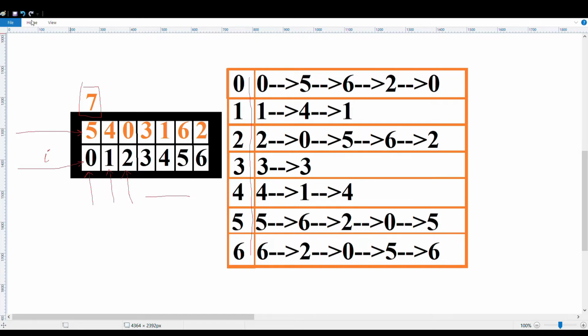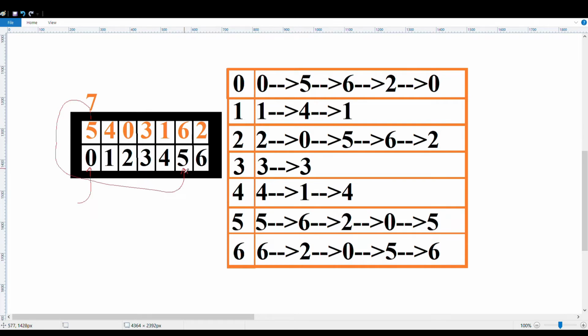And when you start, what will happen? As you start, you tend to get all the values. So we'll just go on how it goes on. You start from 0. What is the key in 0? 5. So you'll take this key and go to the 5th position here.